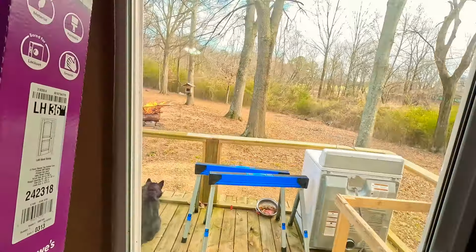That's not bad. I like that. Okay, I get it. I know what them two little loops are for. You could hook them up top. You can hook them in, and then when you roll it, you can roll this door up and set it on the hooks for walking in and out a bunch. All right, let's